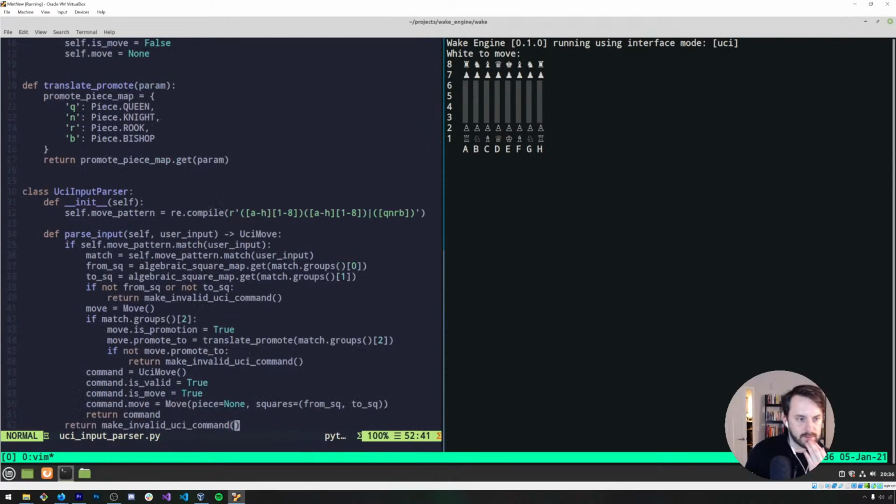This was a little bit involved. Basically, it just matches this regular expression, which is a pretty weak regular expression. For instance, I think I had a version of the regex that checked whether or not the pawn was on the 7th before it tried to do a promotion. Anyway, where's this translate promote?